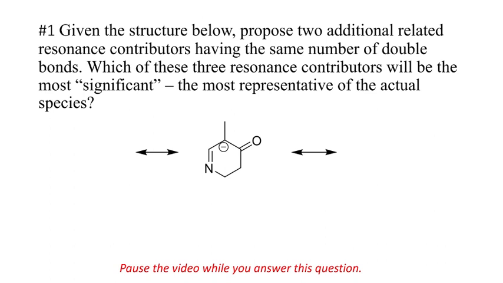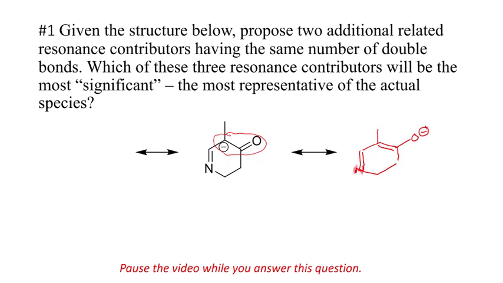Okay, how did you do? We start by looking at this system, and we're looking for 3 atoms that are adjacent to each other, 2 with a double bond, and 1 with a pair of electrons or a charge. And I think you can see here, in this top, we have a double bond to oxygen and a minus charge next to it. So if we redraw the full sigma structure of this compound, and we leave everything else the same except those 3 atoms, and switch where the double bond is and the charge is, we have another